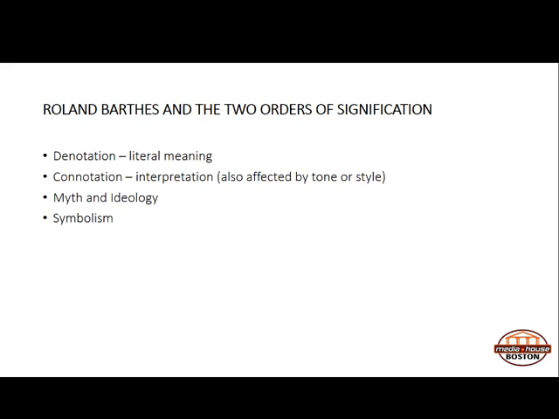Okay? But then if we look at the connotation, or the way that we interpret those words based on context or tone or style of language, or even the people that we're with,